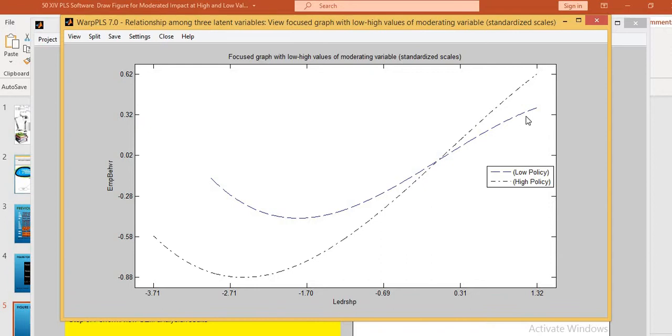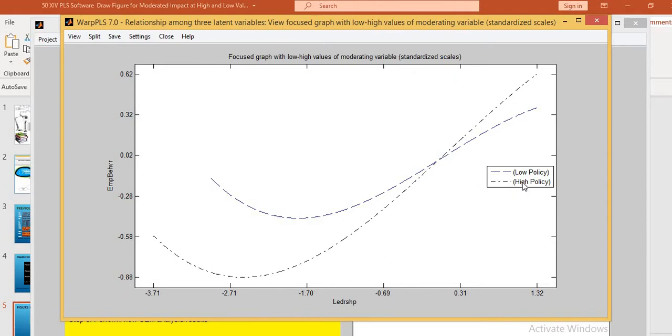Here you can see that low policy starts from here, but after some time it remains upper than the high policies, and in the end it ends with a positive value.